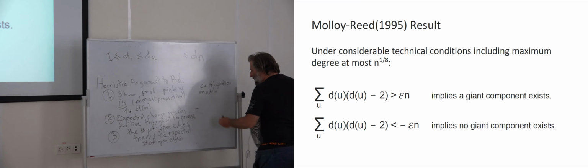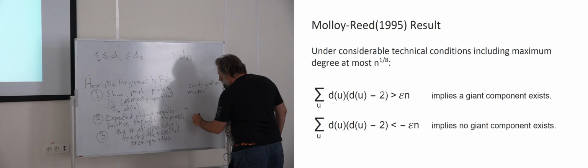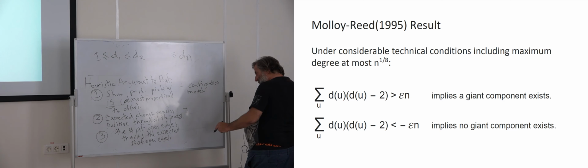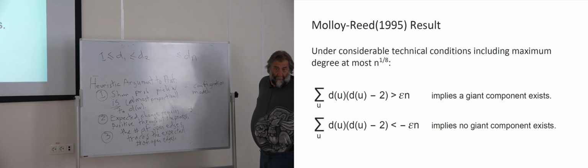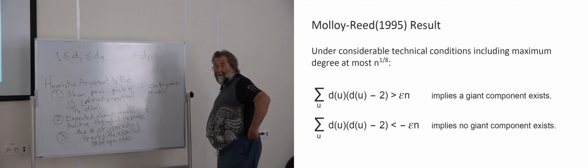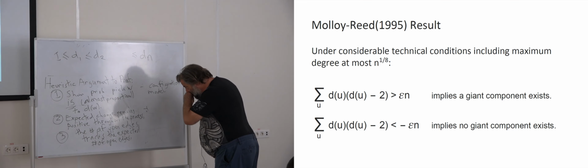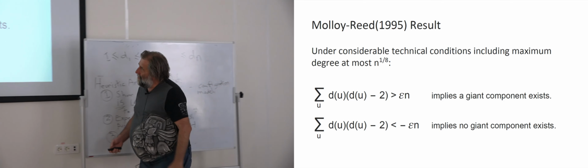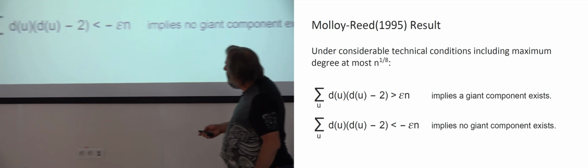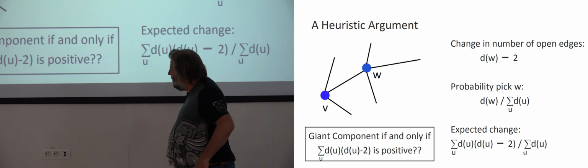And why is this true? Well, that was just true, because we imposed those conditions. But again, as we'll see, the fact that we imposed an upper bound on the degree helps in keeping the expected change positive. And here again, what's going on here? Again, the technical conditions ensured this, but